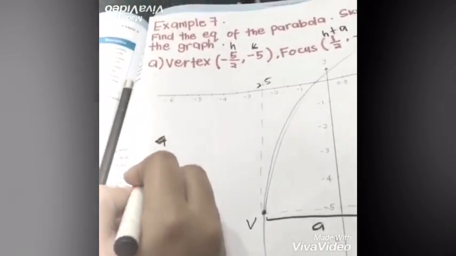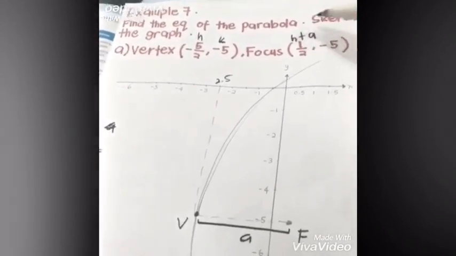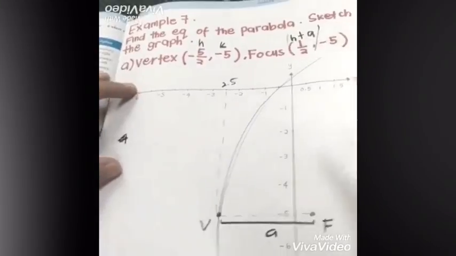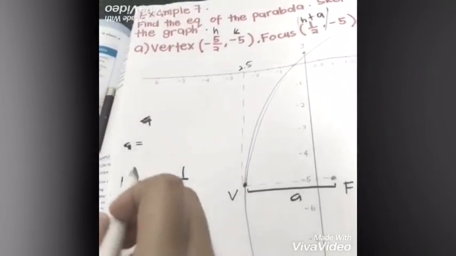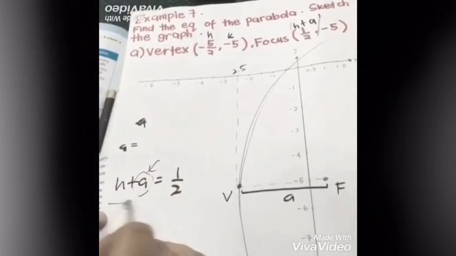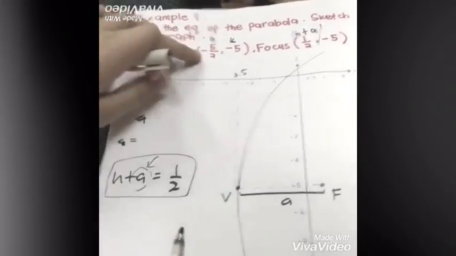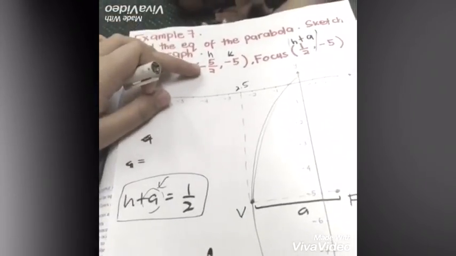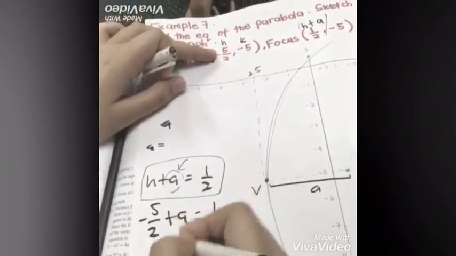Okay, the A. What is the A? So first, as we know this focus, 1/2 is equal to H plus A. H plus A is equal to 1/2. So here we can see we can find the A from this simultaneous equation. You need to just put this H negative 5/2 plus A equal to 1/2, so we can get A